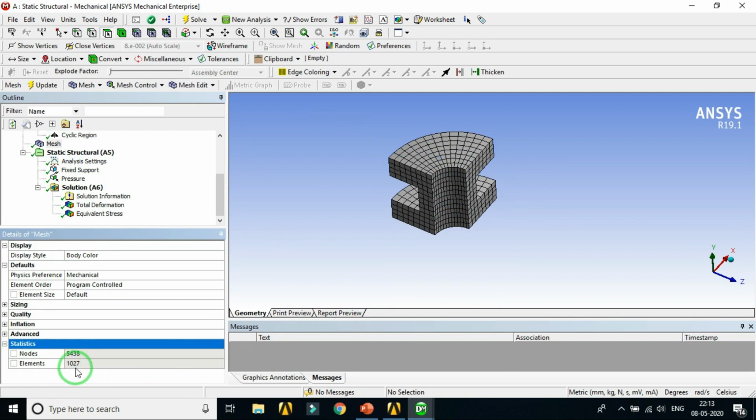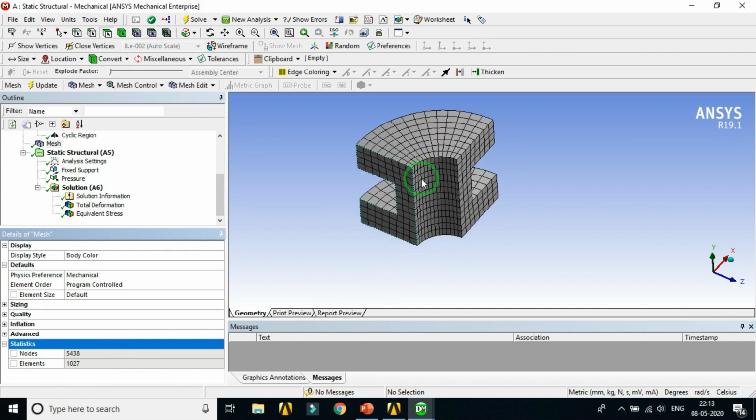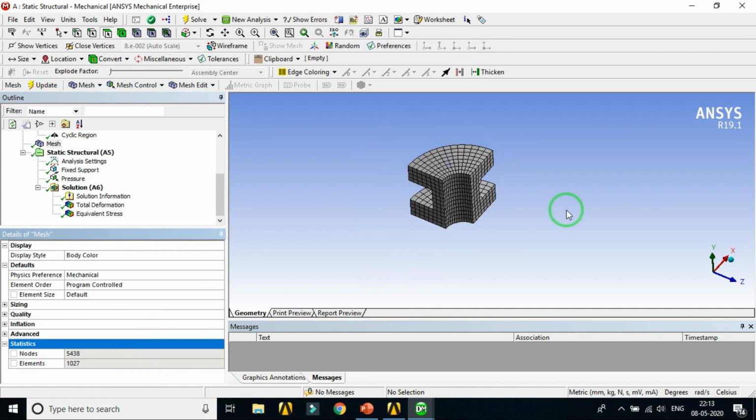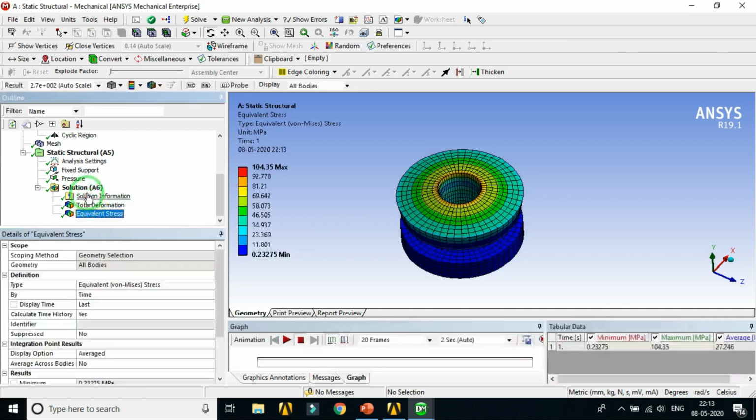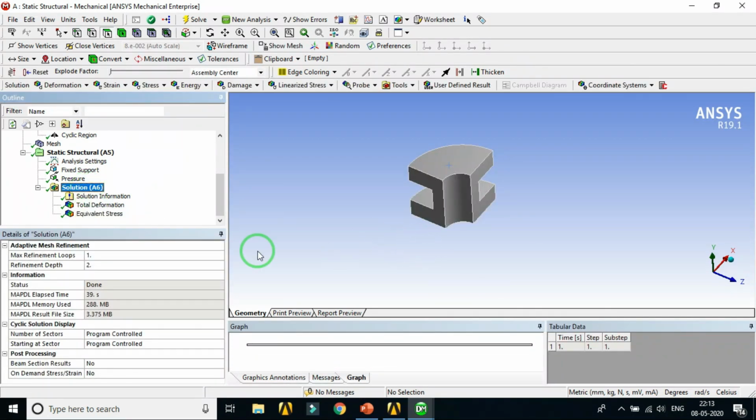This is for the quarter model. When you use the complete model, the elements will be 4 times this 1027. It will increase your elements, then obviously increase your solution time, and ultimately increase your simulation cost. So this is, we can say, the benefit of this type of simulation.